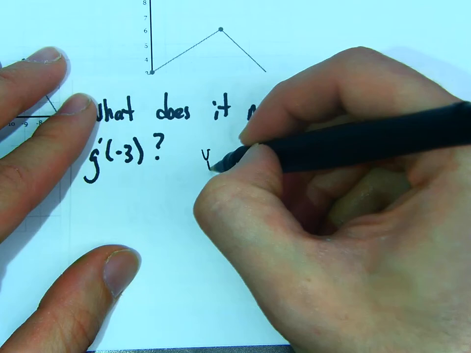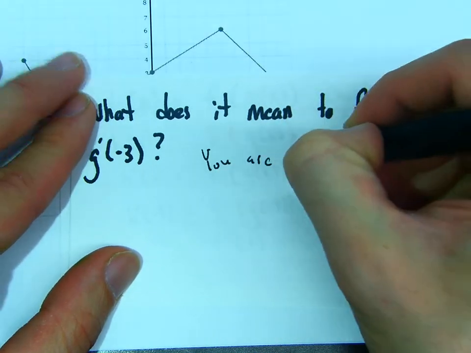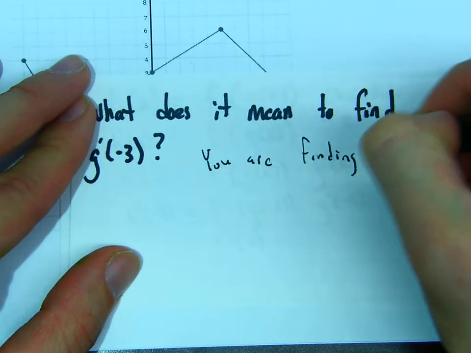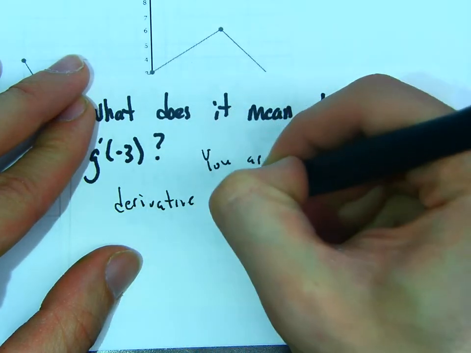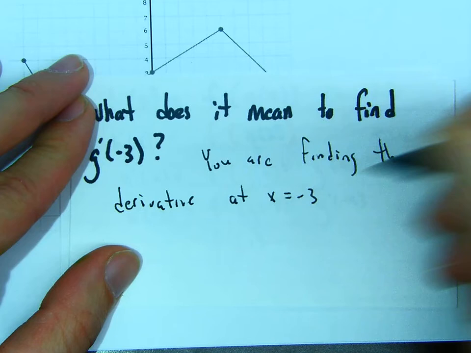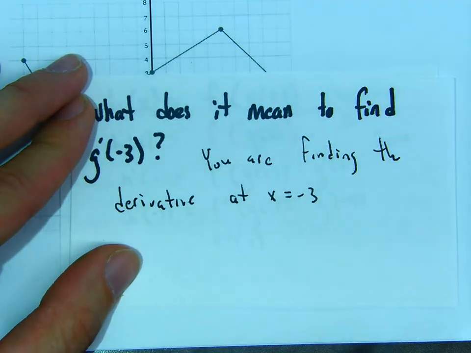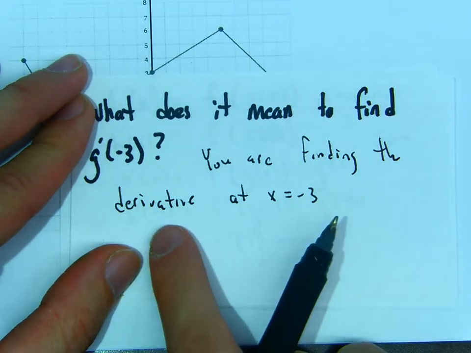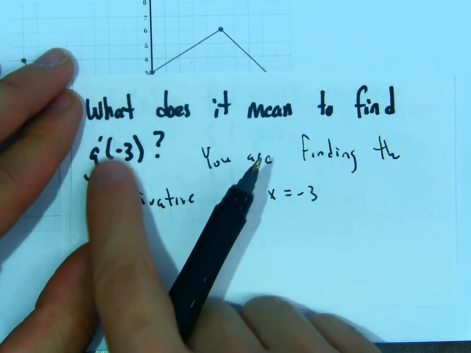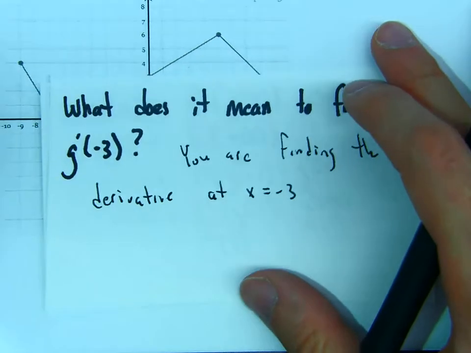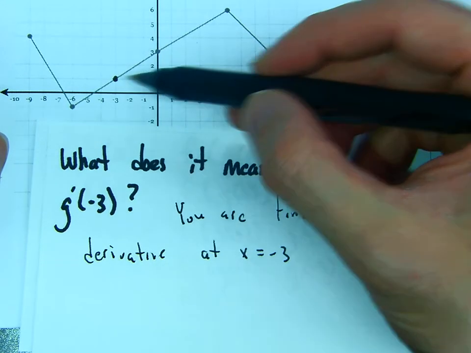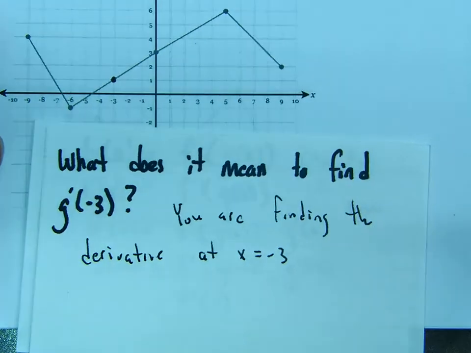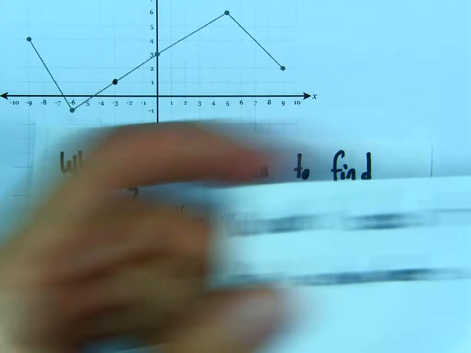Okay, you are finding the derivative at x equals negative 3 for the g graph. So you're finding the derivative at x equals negative 3. That's what this notation means, right? If I'm at negative 3, we know the y value is 1, but another question is, really,